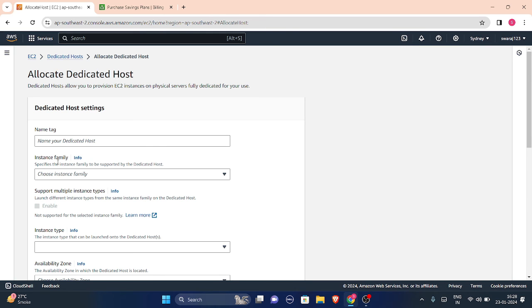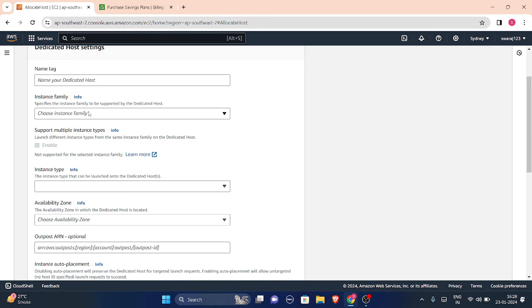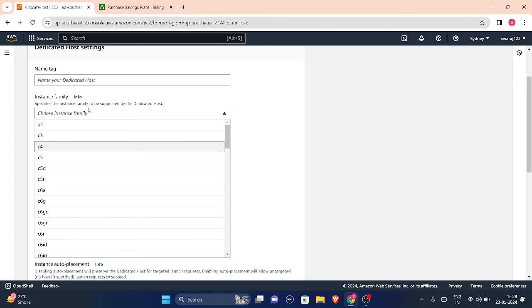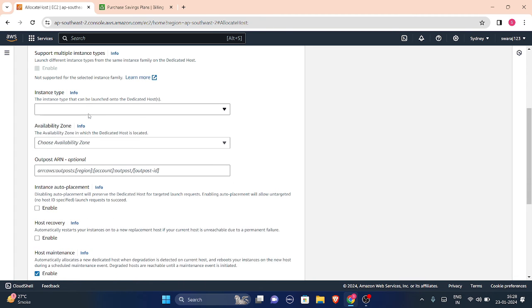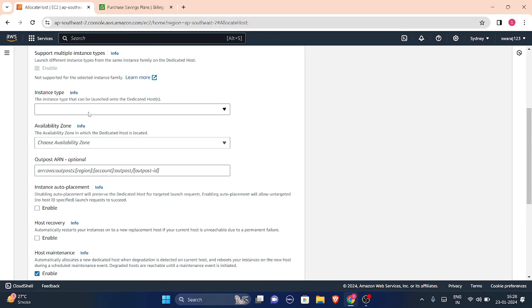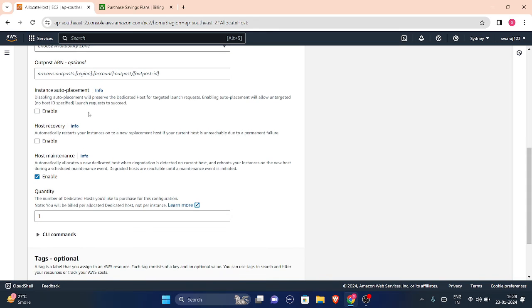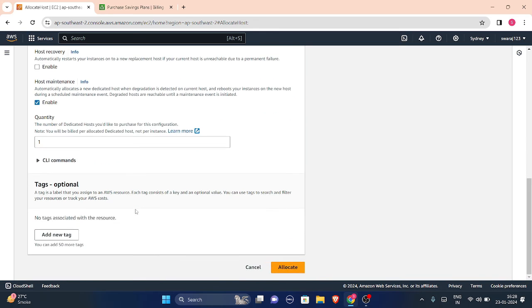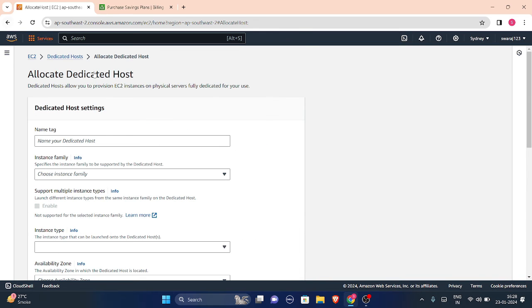You give a name tag and choose the instance family you'll be using, then the instance type in that family, which is launched on your dedicated host only. You choose in which availability zone your dedicated host is located. You can also choose quantity from here. So this is the dedicated host and how you can choose it.